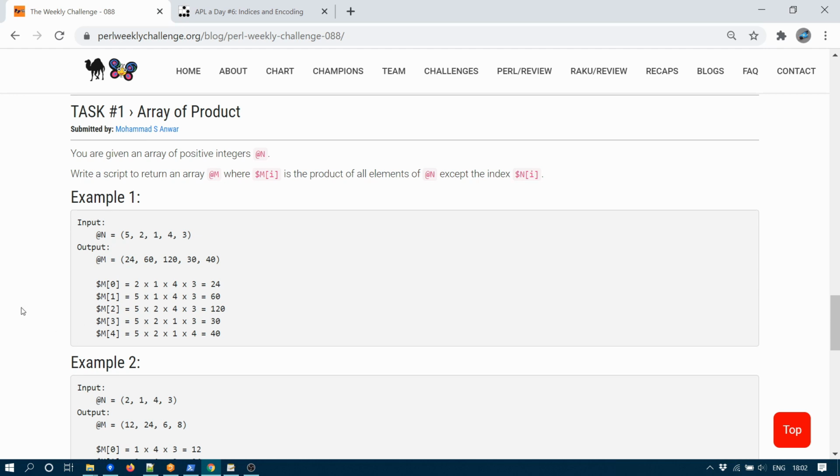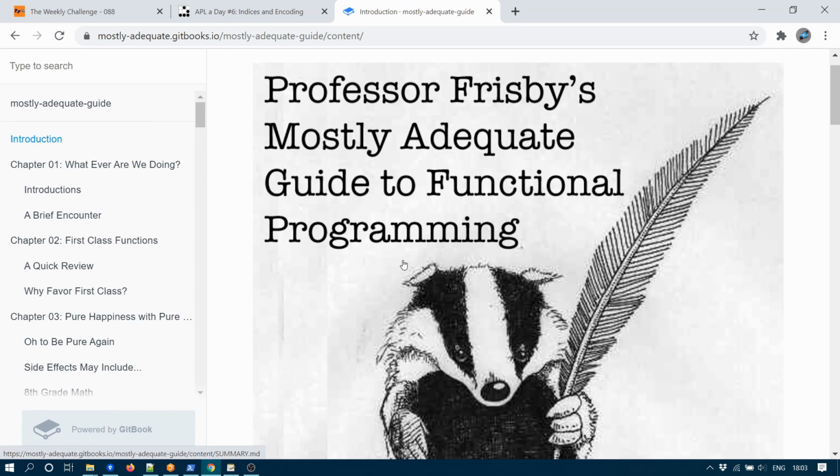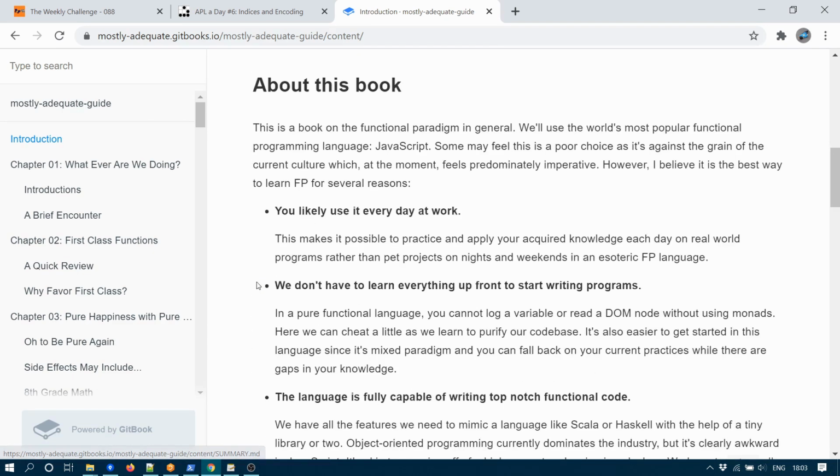So what I'm going to do is present my APL approach and then show my attempts at translating solutions into JavaScript and Python. I've got a couple of reasons for using JavaScript and Python. They both have some sort of functional utilities which I can leverage for an array-oriented approach, but also I have started working a bit through Professor Frisby's Mostly Adequate Guide to Functional Programming, and JavaScript is the language it uses to teach functional programming. Now I do a tiny bit of JavaScript, web development, the GUI stuff, so it's not completely alien to me, but I think I agree with Professor Frisby that the main benefit of JavaScript is that